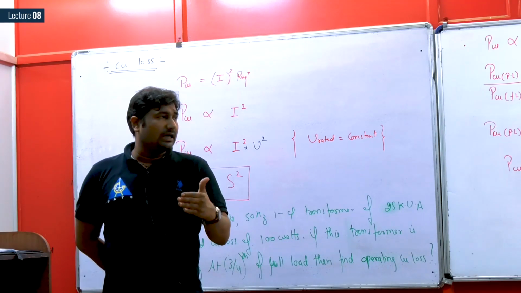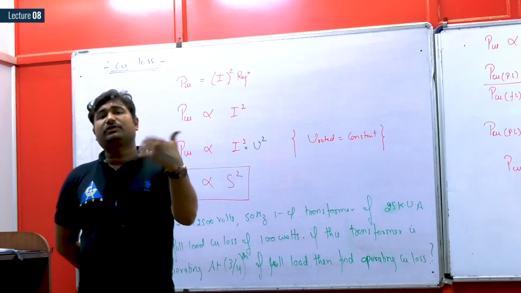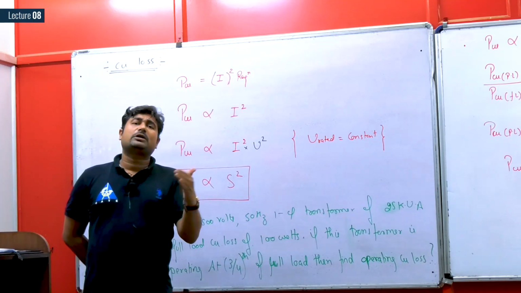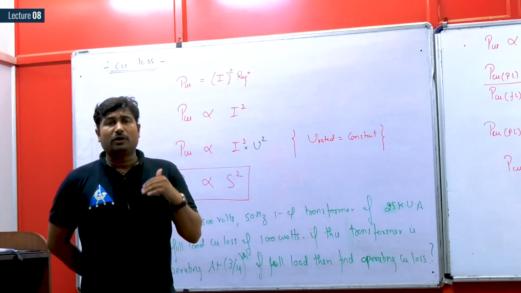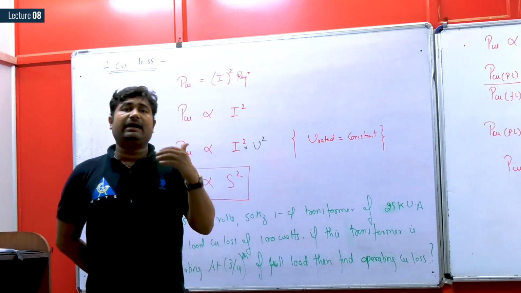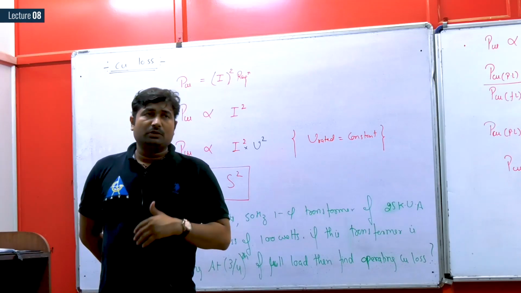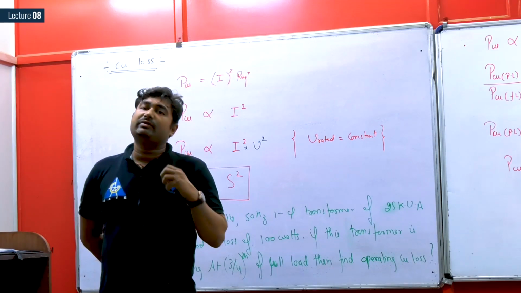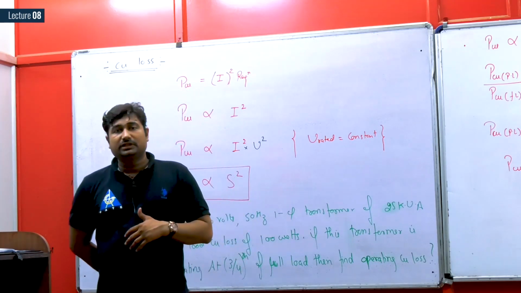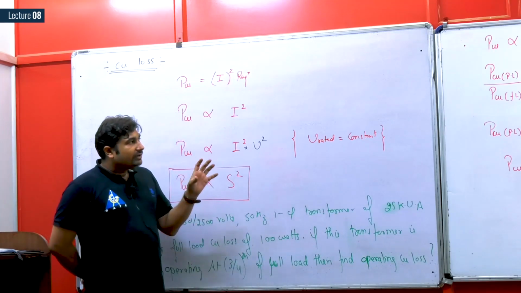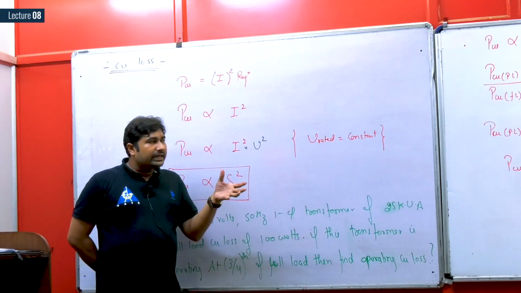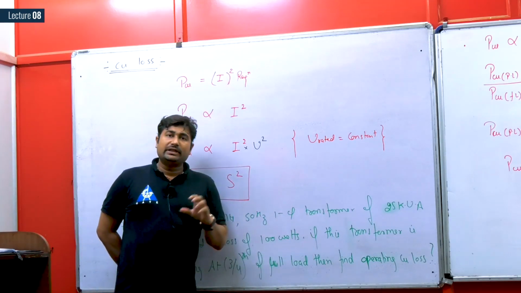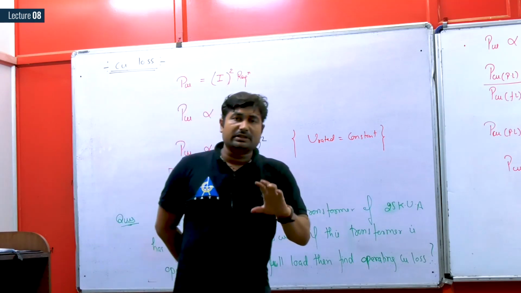Some of the equipment is off and some of the equipment is on. So definitely the distribution transformer cannot operate at full load, and if we try to operate at full load, then an undefined user may interrupt the supply. So as per the demand, we will take an average, and according to that average we will put the transformer onto the supply line. Definitely when the distribution transformer operates, it will operate at less than full load, or you can say partial load. So when it is operating at partial load, then the copper loss is different.